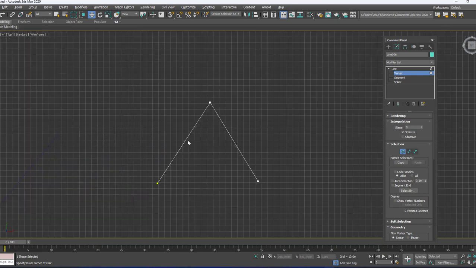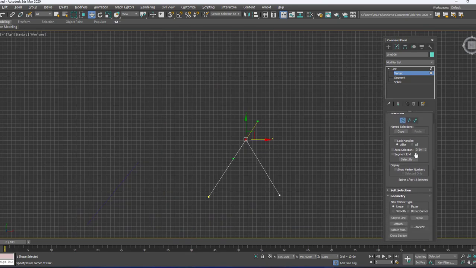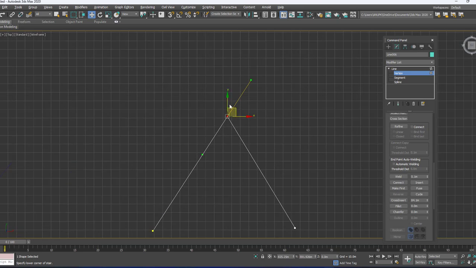And now if I want to apply the smoothness or fillet to this, make sure you are selecting the vertices. You can select one vertex or two vertices depending on the requirement. And then next, just scroll down to get the modification options. That is, we have fillet and then chamfer. In order to apply the fillet and chamfer to these vertices, you just smooth it like this.